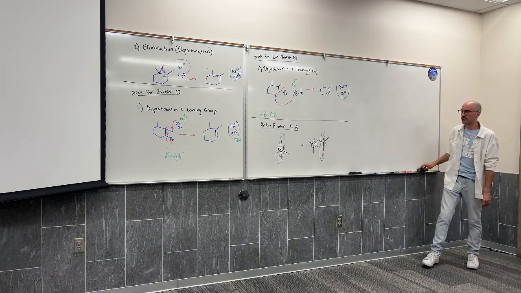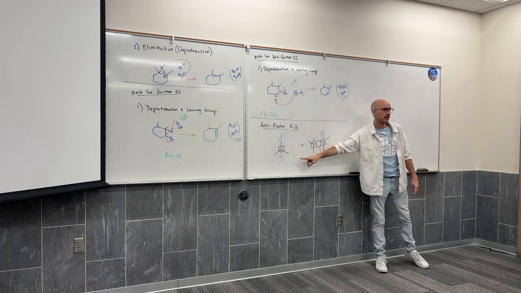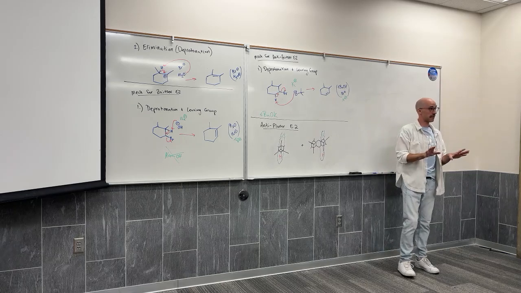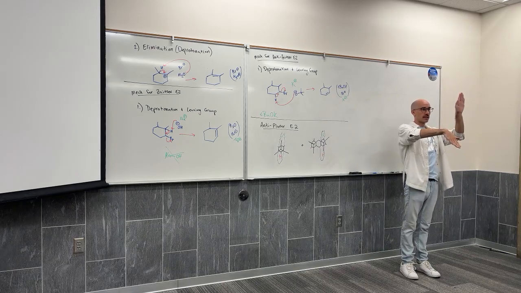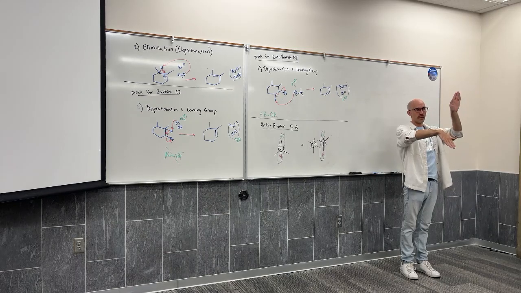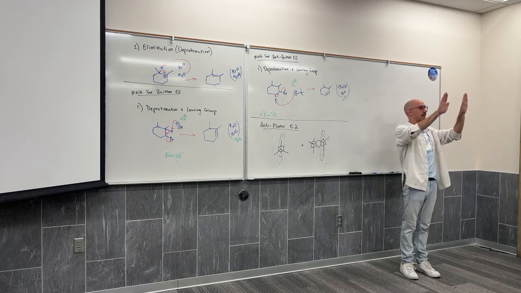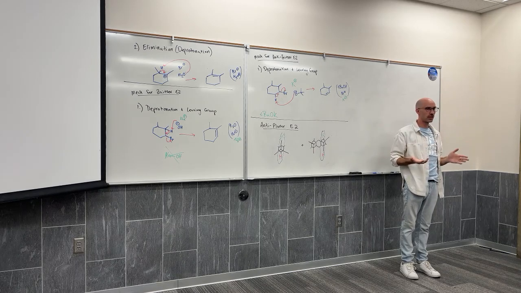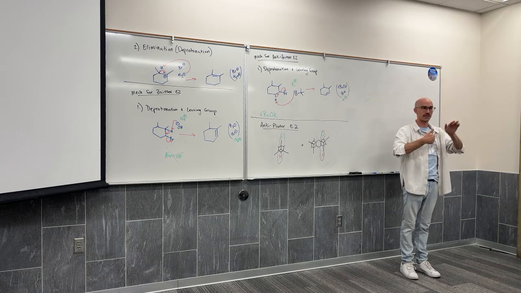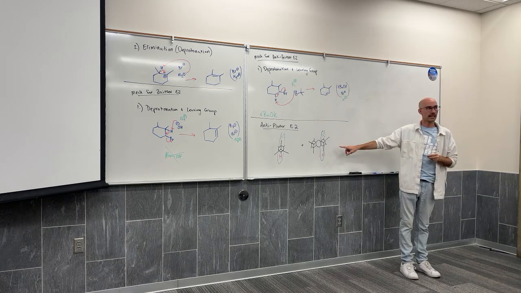So when it comes to linear chains, you just have to make sure that your leaving group and your beta hydrogen have opposite stereochemistry, one wedged, one dashed. And if they're not, then in a chain, you just have to rotate to a new conformation where they do have opposite stereochemistry. In a ring,